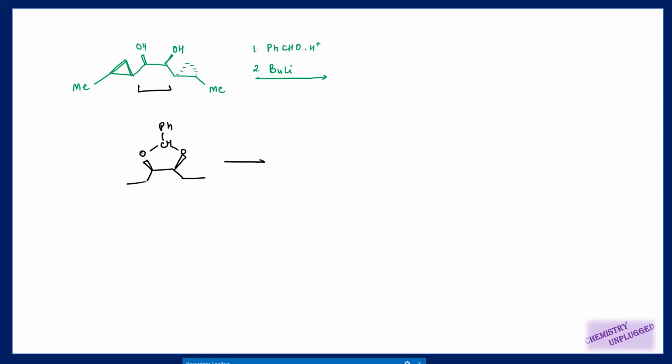In the next step I am using a butyl lithium molecule. So this butyl lithium will remove this proton which is highly acidic, close to 2 oxygens, right? So when I remove it, we will get a negative charge here. In the next step, this negative charge will shift here, this bond will shift here, and it will shift on oxygen, right? So you will get a double bond at this position. So this type of reaction can also be possible. The reaction pathway is very simple.